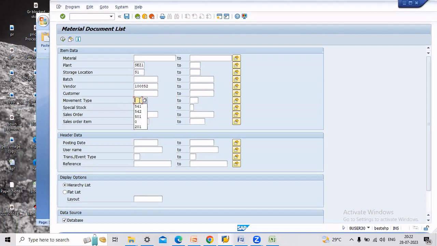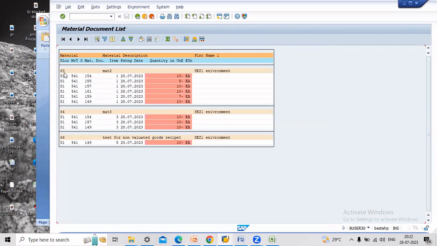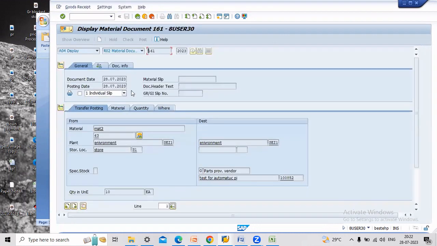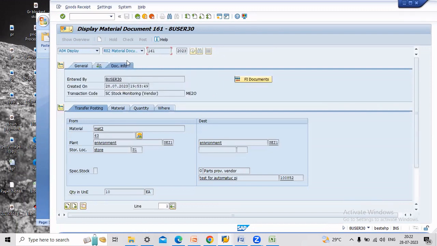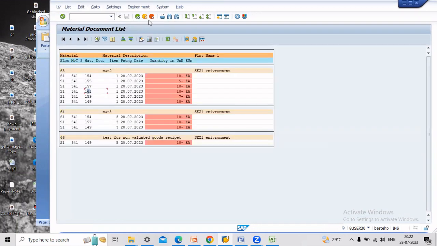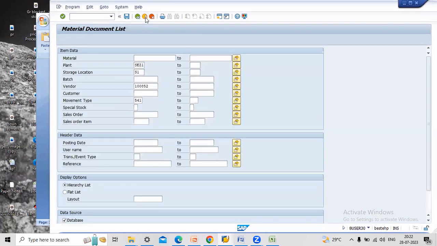Enter here movement type 541. Click this one. For 63, observe the material document. Here. $161 is the material document. Copy and go to